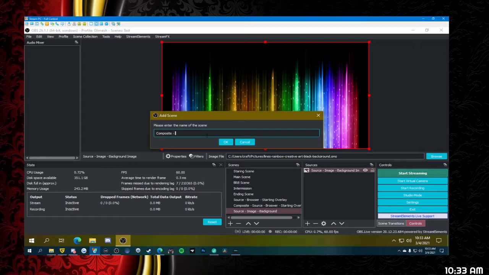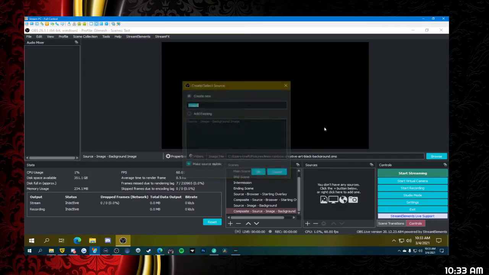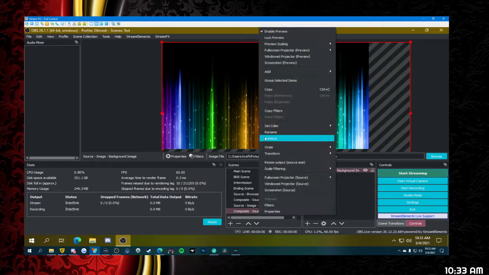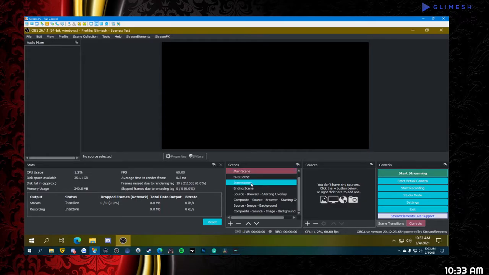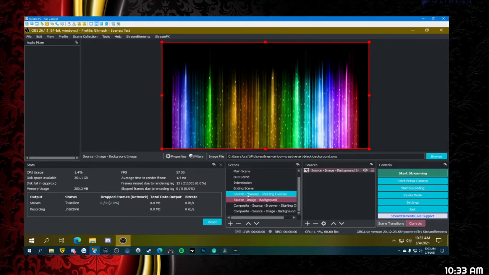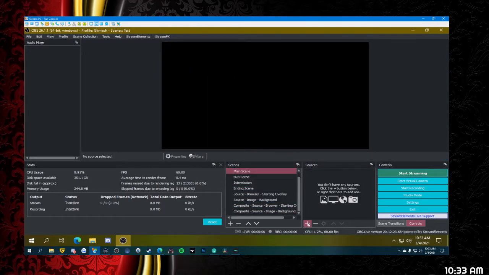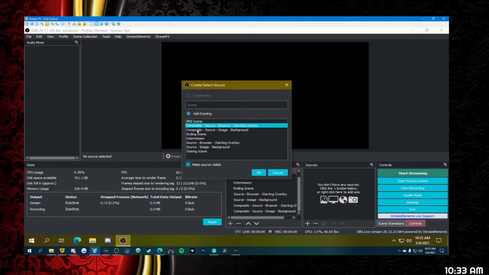in our scenes. And we're going to go source, image, background. And then we're going to click image, add existing, source image, resize it to however you like, fit to screen. And our main scene, and another thing that I like to do is I like to make sure I keep my sources. If you want to go alphabetically, you can. It kind of helps out a little bit. But I keep my sources underneath all my main scenes, and then my composites at the bottom. So now that we've created our source, we have our background. We can go to our main scene. We can click scene, add existing,